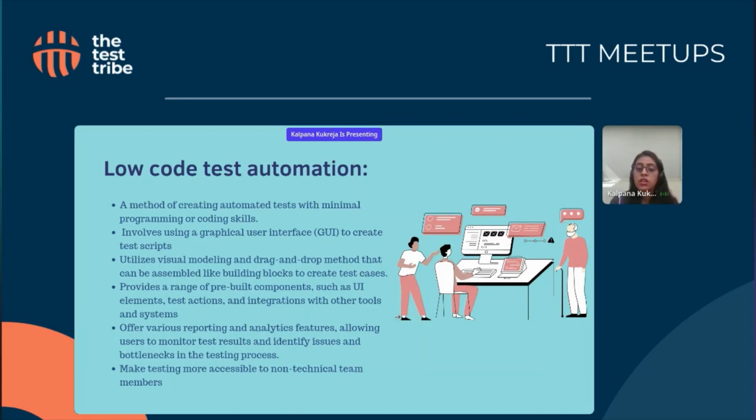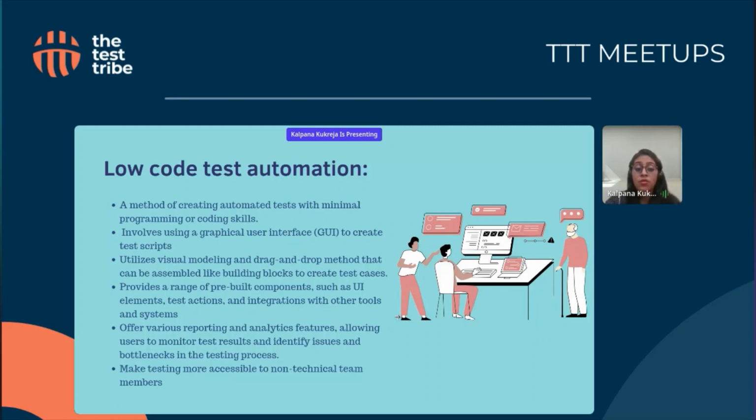Many actions or many methods that require, let's say, 9-10 lines of code to perform something. Many such tools have built-in libraries that have such keywords which are pre-built and we can directly use them. And these are very much similar to human language, so it is easier to understand them.